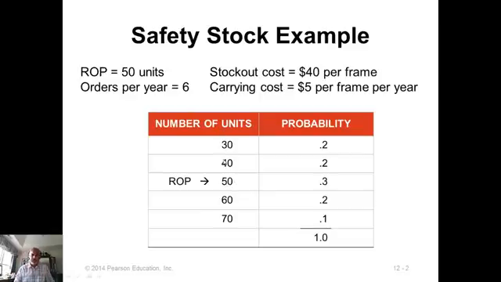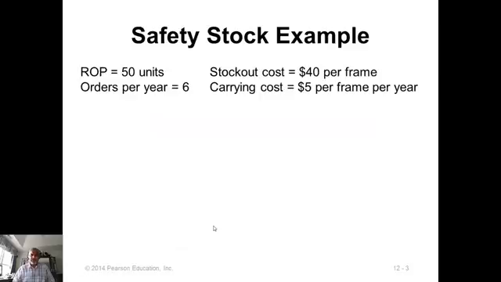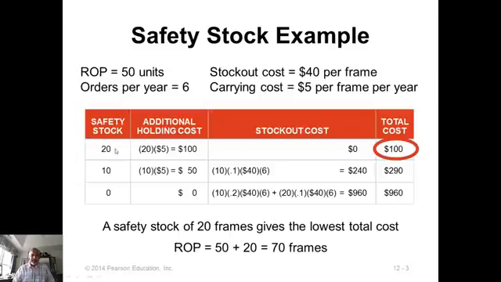You don't have to worry about 40 and 30, because you'll never consider those numbers. You'll only consider the ROP without safety stock, and then add the safety stocks for the higher demand levels and compute the cost under those circumstances. So going from the maximum amount, additional holding cost and stock out cost, the next level, additional holding cost and stock out cost, and then select the one that is least cost. So we'll now work out